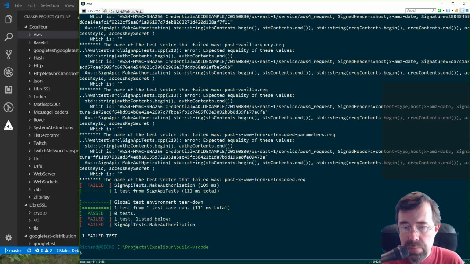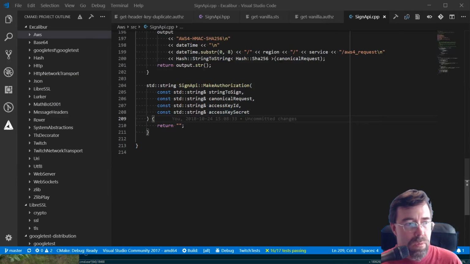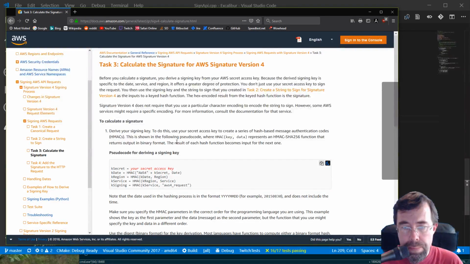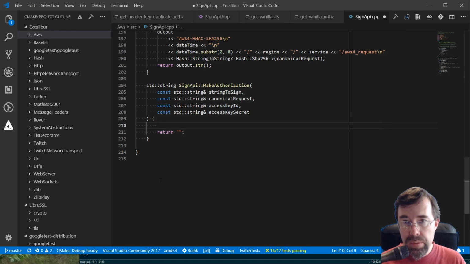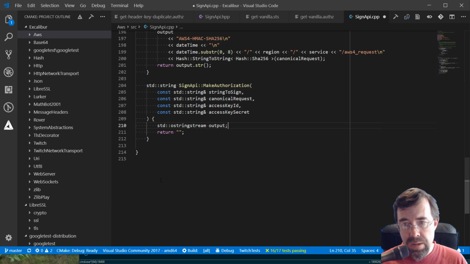Okay, so the expected values are correct. Okay, good. So time to fill in the code. So let's look and see what we have to do. So yeah, let's work backwards. So we need to make something that says algorithm. Okay, yeah, we're going to be building something again. O string stream output, return output string, and then it's going to be of the form